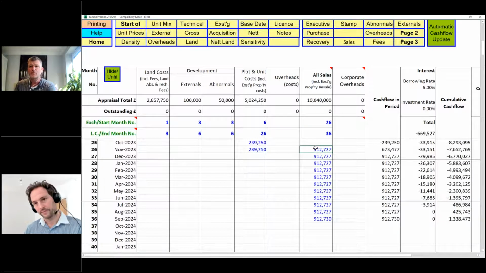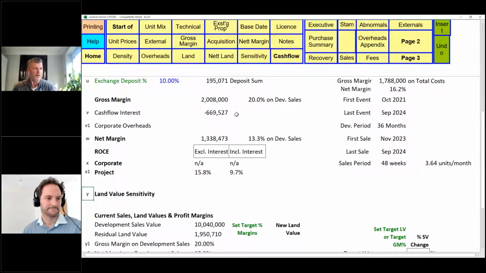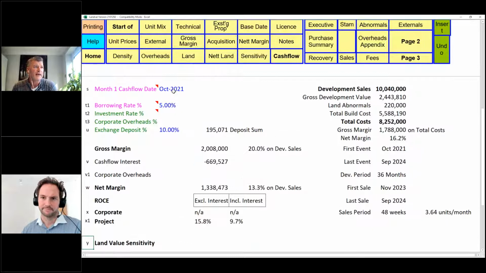In this, if you don't like that spread and you want to change the values, you can just go in and type over this, and then that value difference will be in here, and you can see the difference. So that cash flow is then transferred back into the front screen of LandVal, and you can see here our interest. So that is giving us our interest cost. So there was our gross margin, and that was our 20%. That's now our interest, and now we have a net position. Okay, so we have our net, and that's what it's done for our sales.